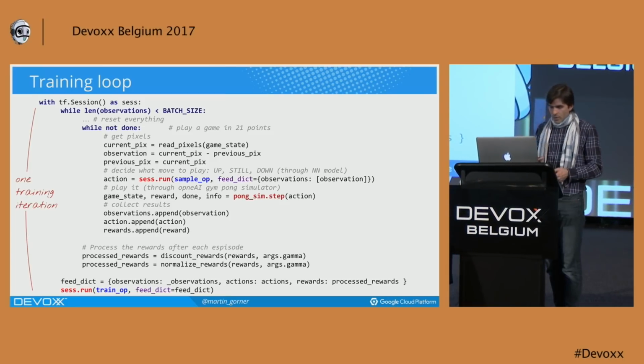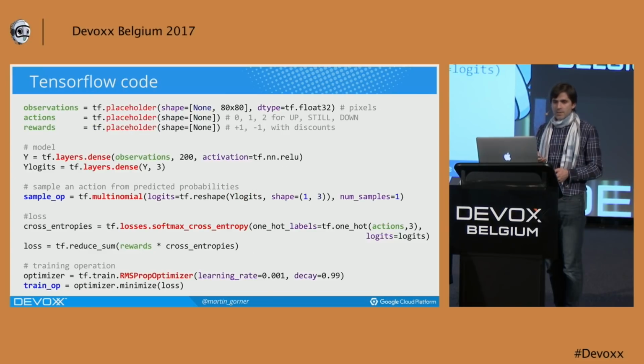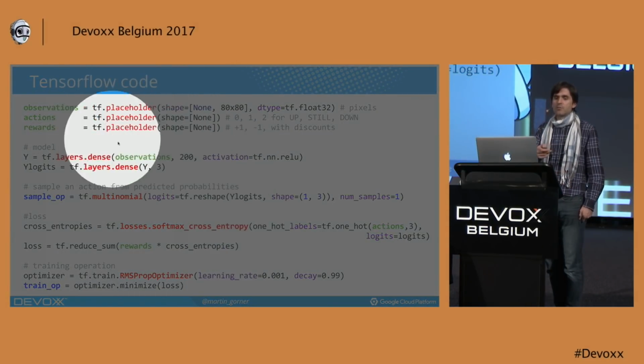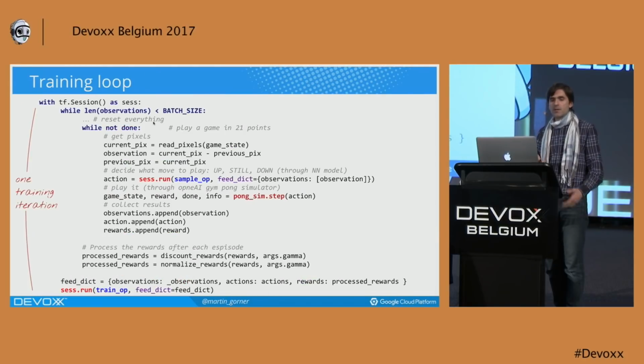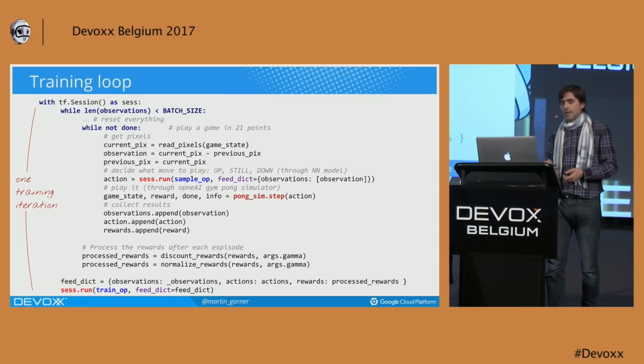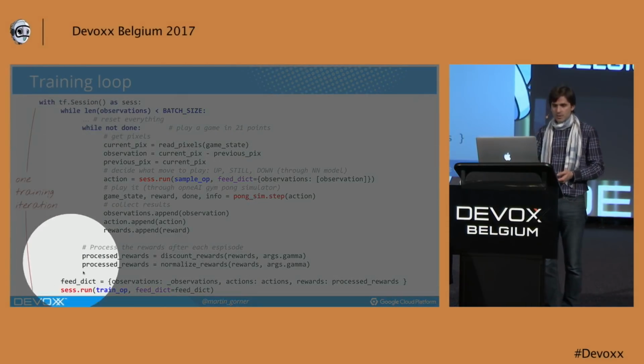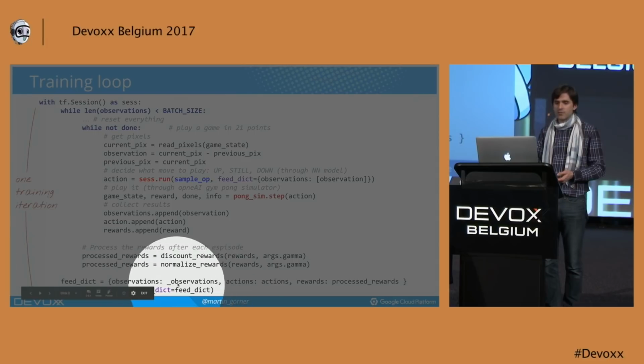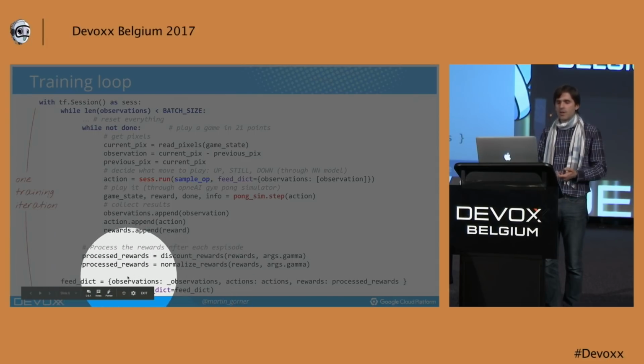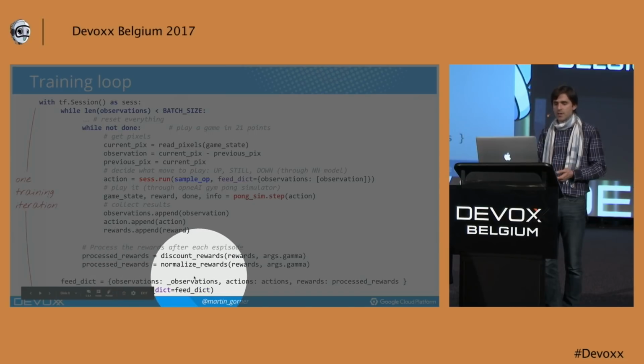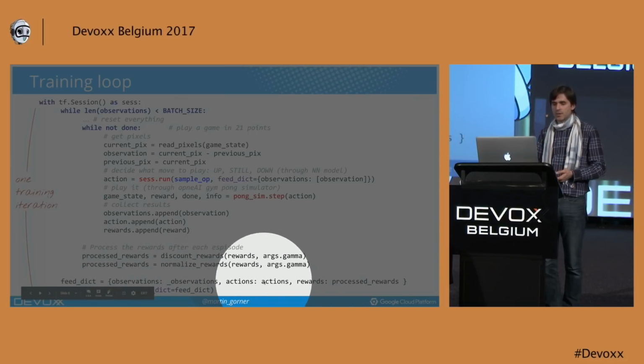And you remember that in our model we have defined placeholders. Now I said if you want to actually run something, you use session.run, but it will not run unless you provide actual values for the placeholders. And that in TensorFlow is done using this feed dictionary here, feed_dict, where I fill in my placeholders. Observations is my placeholder, and this is the value. Actions is my placeholder, and this is the value.